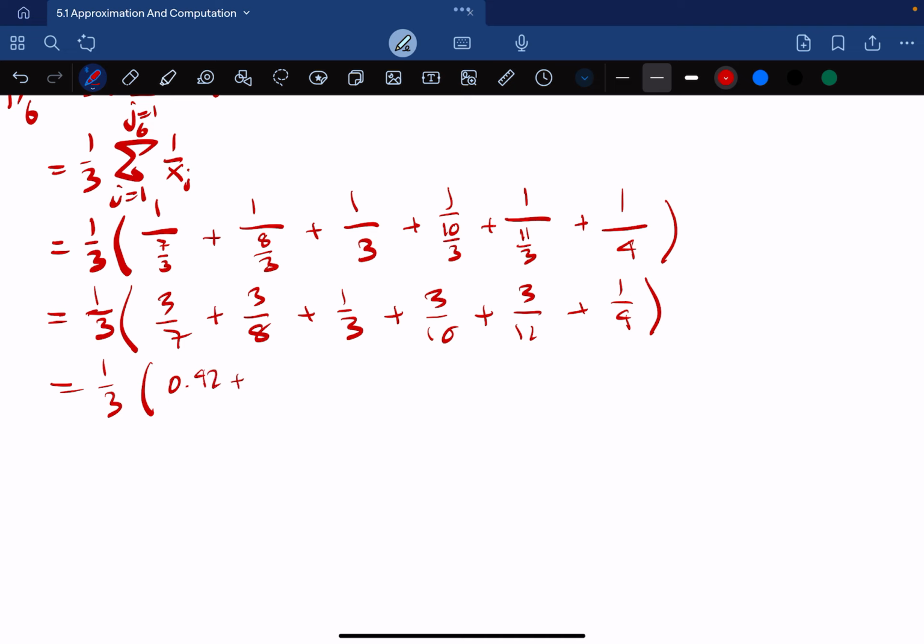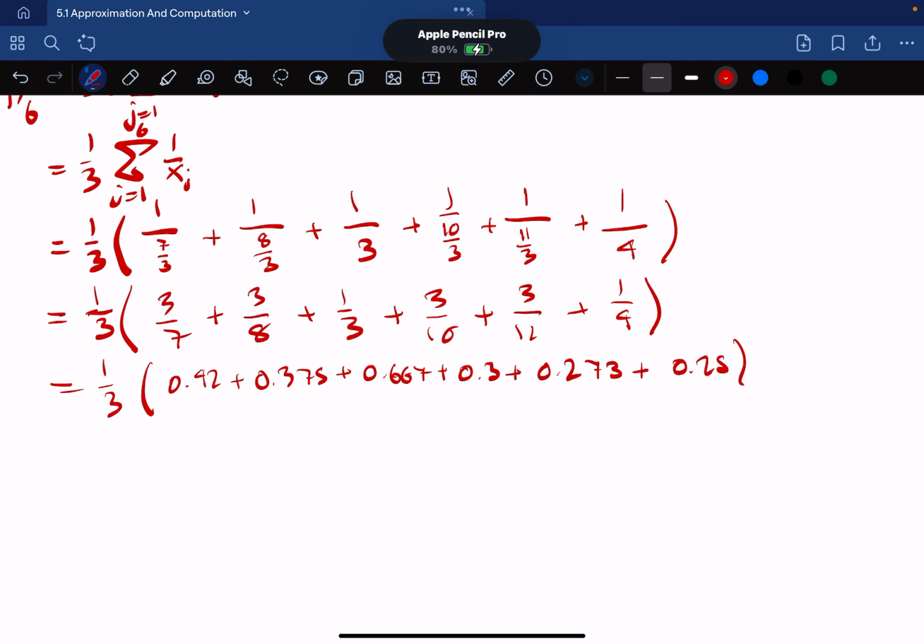So this turns into 0.4 plus 0.375 plus 0.667 plus 0.3 plus 0.273 plus 0.25. So once you add all of that up,